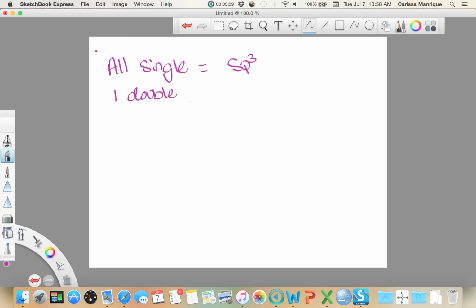then the hybridization, sorry, my thing just froze up here. There you go, is sp2. Think 2 for double bond. If there is a triple bond or two double bonds, the hybridization is sp. So a triple bond would be